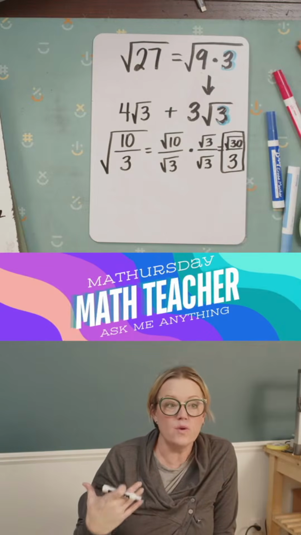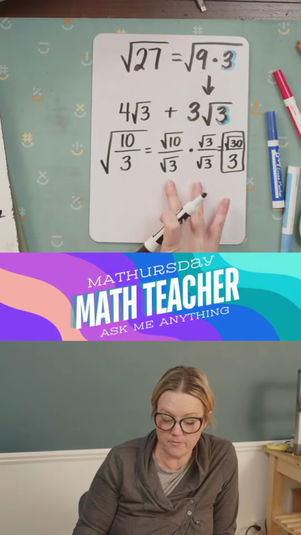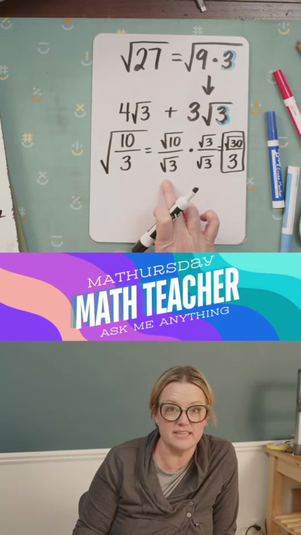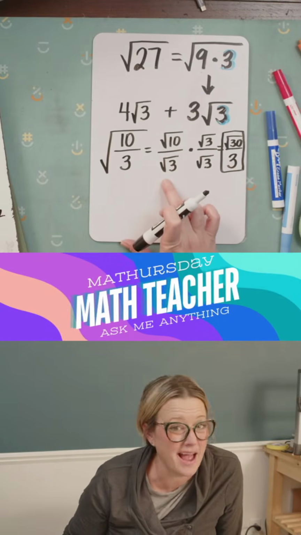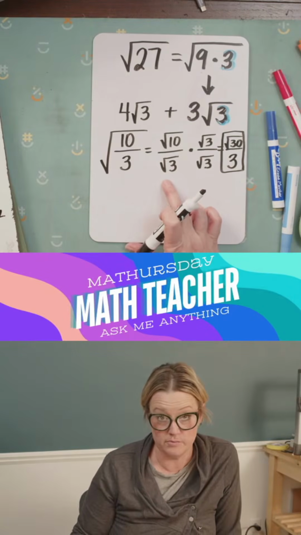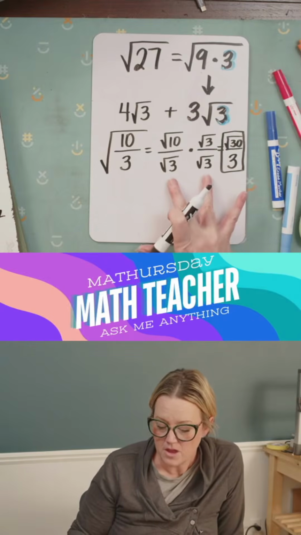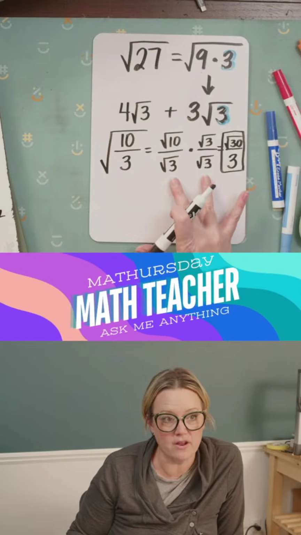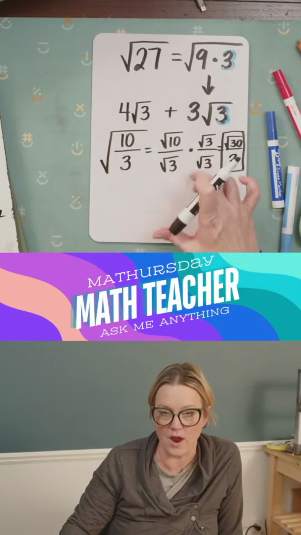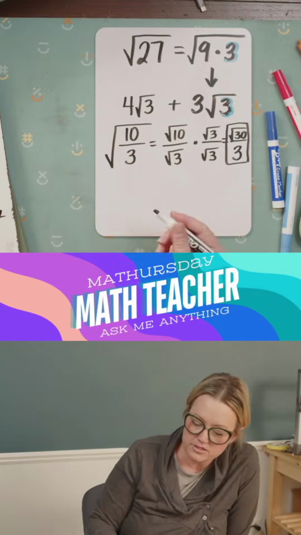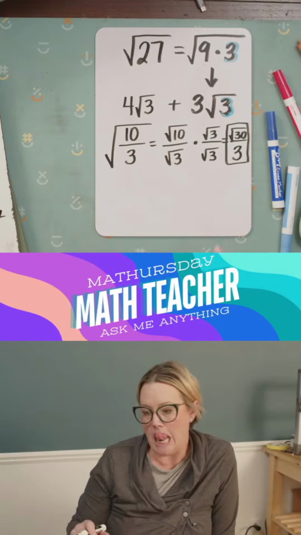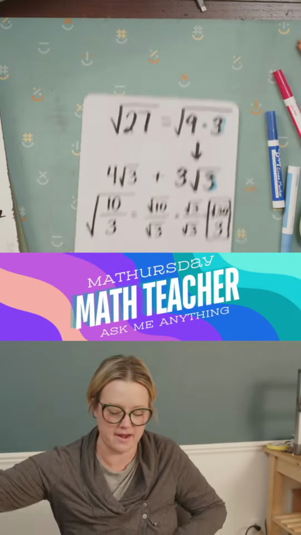So when we are rationalizing the denominator, this is the same thing for i. I can't be on the bottom either. So you would multiply by i over i. Okay, so we want to multiply by a radical, but you've got to multiply it by the radical over itself. So if I had another one,